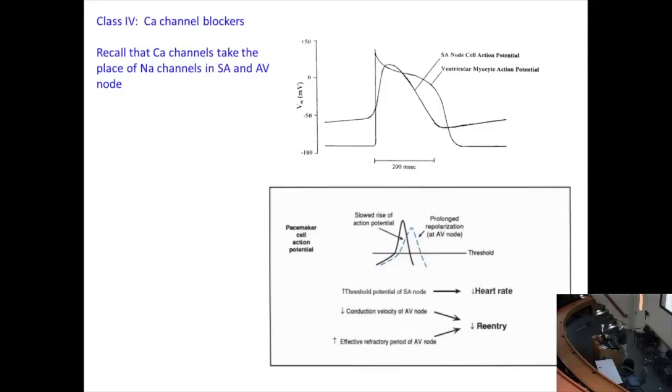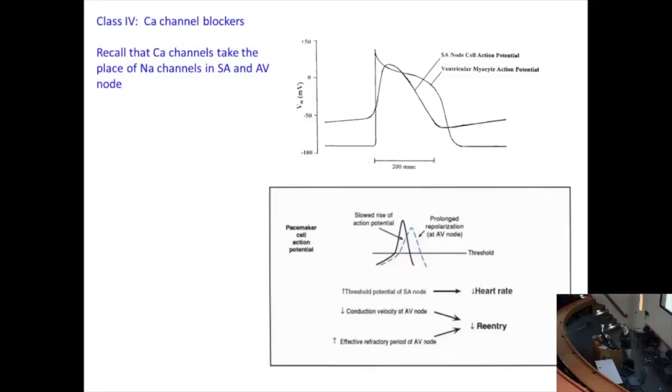Because I just asked you what they would do, and nobody wanted to answer, so I had to give it to you. But remember that calcium carries the upstroke in the AV node and the SA node. In that respect, it's equivalent to sodium channels in other tissues like nerve and skeletal muscle. When we talk about reducing sodium channels, we talk about reducing action potential propagation in nerve and skeletal muscle. When we talk about reducing calcium channels, we talk about reducing action potential propagation in the AV node and